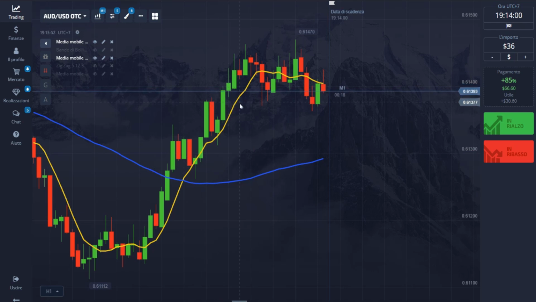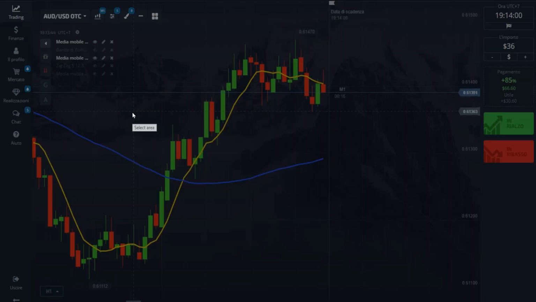After installing the indicators with the recommended parameters and colors of your choice,